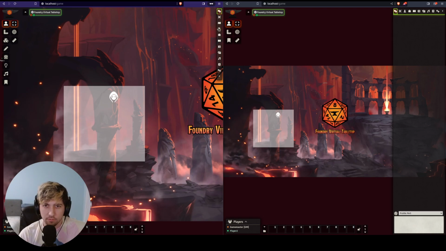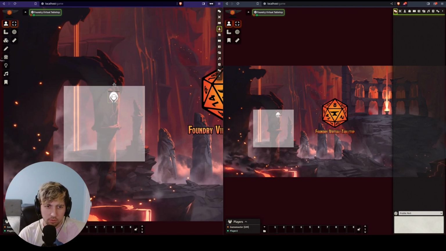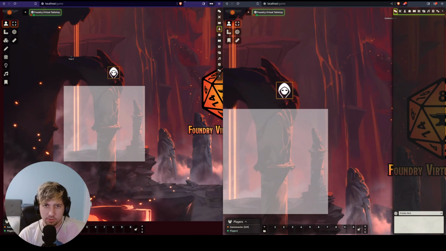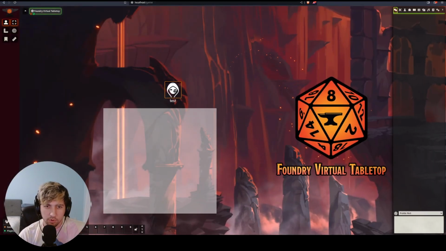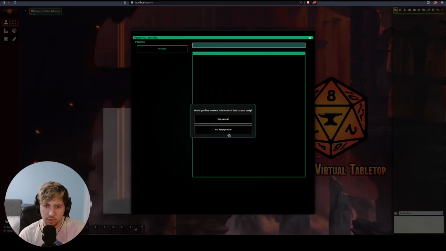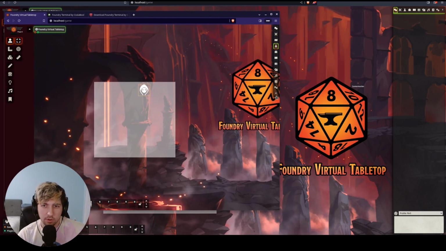Let's actually give this test character ownership for player 2. So he can now move that, and he's going to move onto it. And when he hits the close here, you can reveal it or you can keep it private. If you want to keep that private, nothing actually changes. And you can see back on the GM's view,